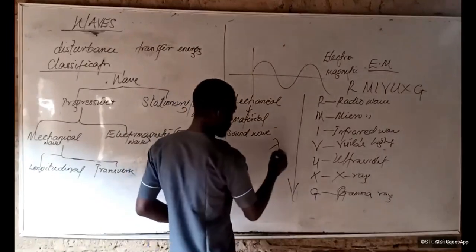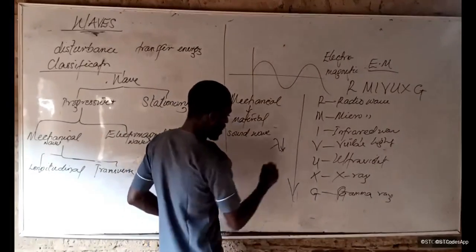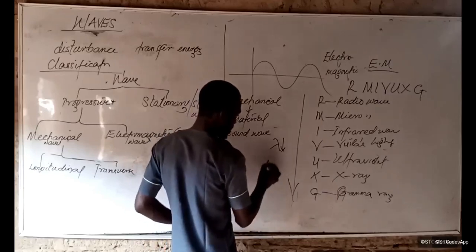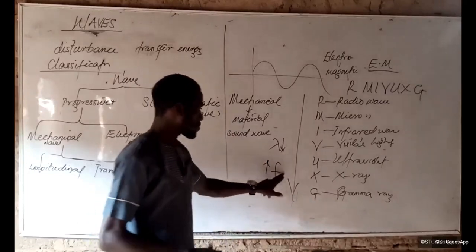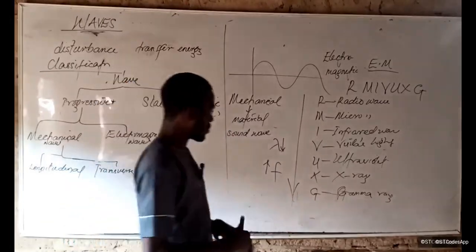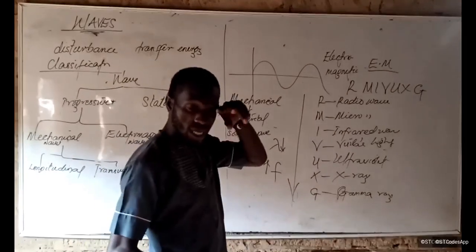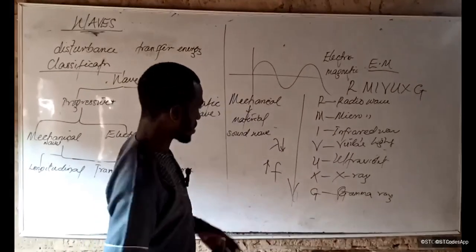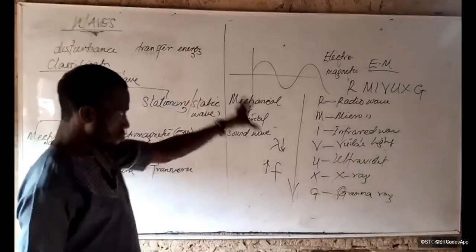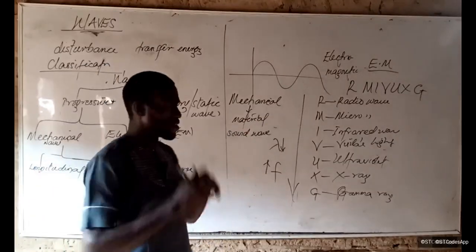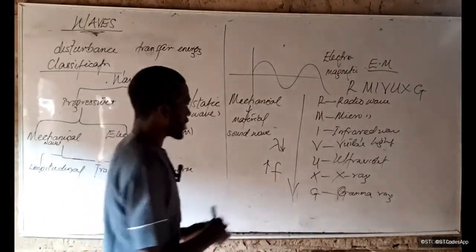Is that okay? So they have nearly the same speed, but not all the same. And well, still going to talk about electromagnetic waves separately. But I just wanted to